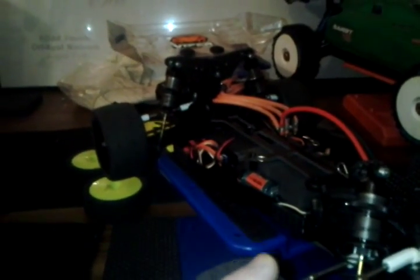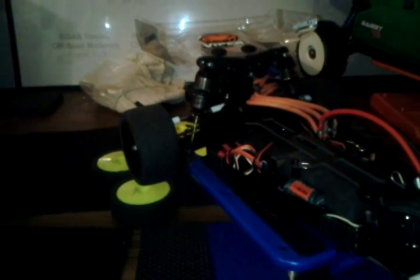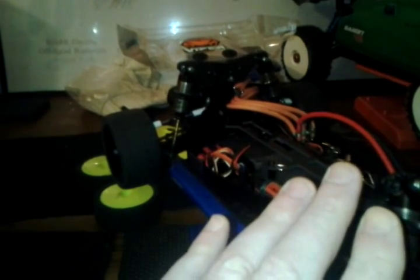I've built a lot of Associated kits, and the night that I built this, it's hard to say. The screws, I have had no screws back out on this since I built it, since I ran it. Every Associated vehicle I've had screws come loose and just won't retighten. And of course you do the trick of putting a slightly longer screw in there to make new threads, and then it still untightens. It's just the plastic. Associated,